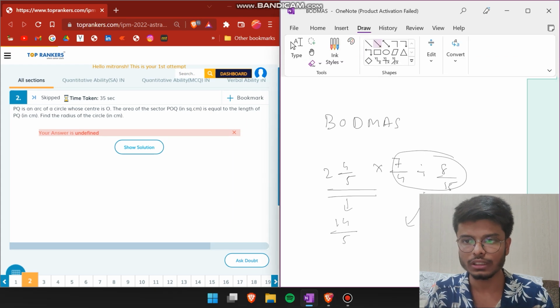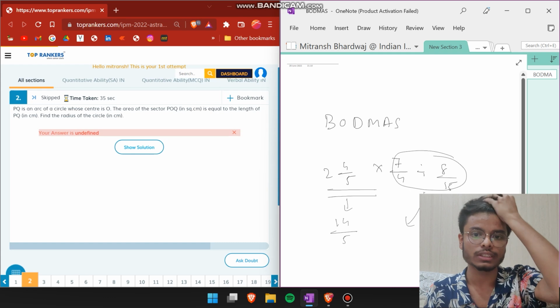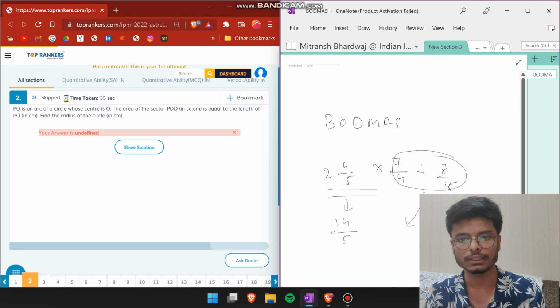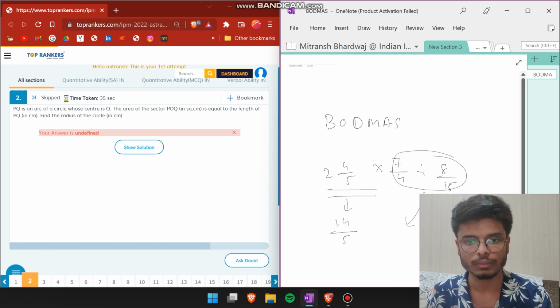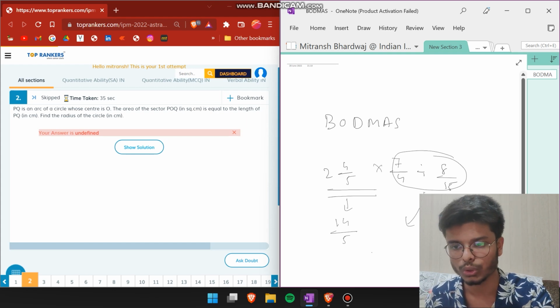In the second question, what we see is PQ is an arc of a circle whose center is O. The area of the sector POQ is equal to the length of PQ. Find the radius of the circle in centimeters. So for this sort of a question, what you should do